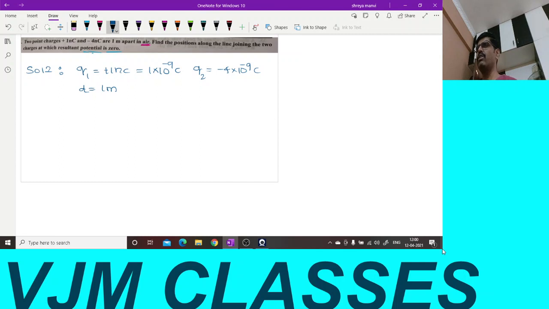So we need to find out what is the resultant potential. Remember, friends, whenever I take two charges, let us say this is Q1 and this is Q2. These two are, they are saying, separated by a distance of 1 meter. So whenever I want to find out what is the resultant potential to be 0, remember that resultant potential can be 0 between the line joining the two charges or outside the charges. So first what we will do, let us take the potential be 0